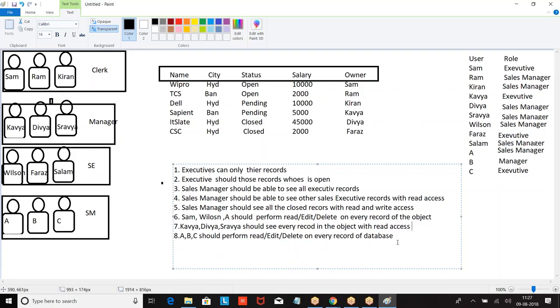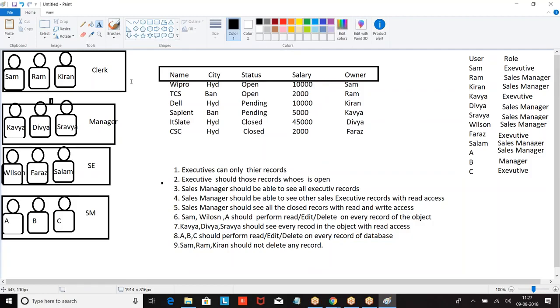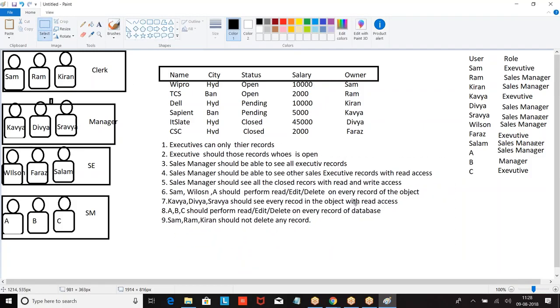Then again I have Sham, Ram, Kiran, who should not delete any record. From this requirement, you are supposed to analyze what OWD we have to give and how we are going to grant extra permissions. Now, let us start doing one by one.